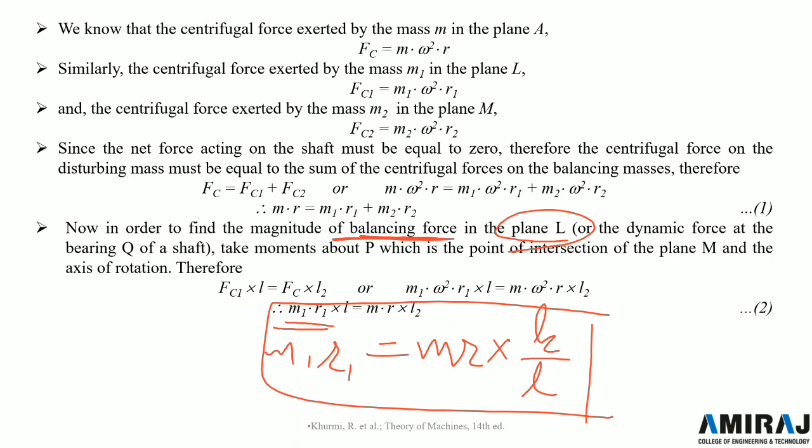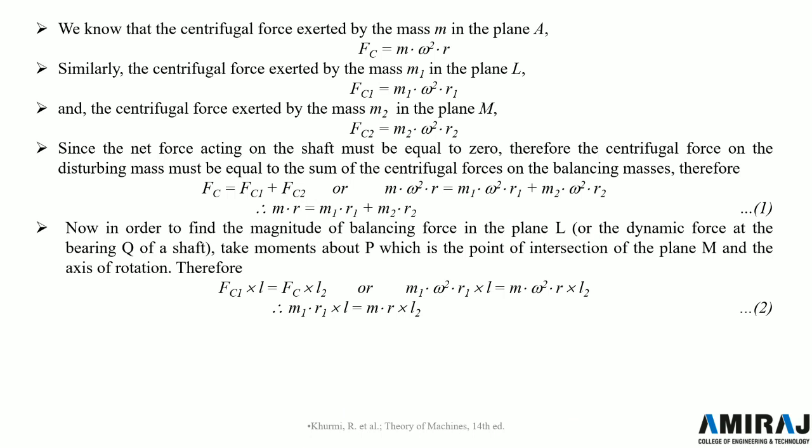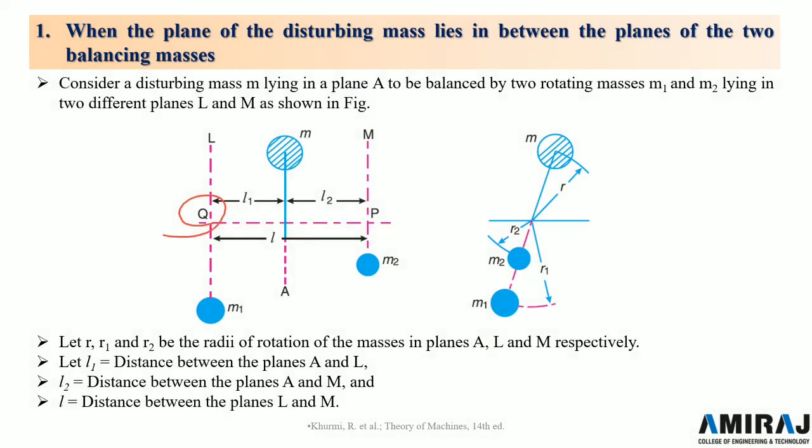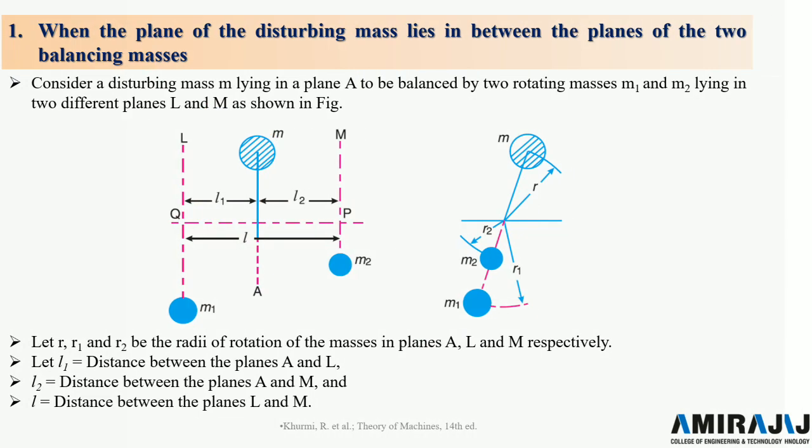So this will be the equation for m1r1 or the centrifugal force, and similarly we can find for the plane M, or we can say taking moment about Q point, जो opposite point है वहाँ पे moment find करेंगे तो क्या होगा, FC2 cross L is equal to FC cross L1, जो यहाँ पे let me show you, Q पॉइंट पे मोमेंट लेंगे, ठीक है। तो यहाँ पे जो फोर्स लगेगा that will be here centrifugal force FC cross L1 is equal to, यहाँ पे जो डिस्टेंस है FC2 into cross L, so FC2 cross L. So this will be the equation,